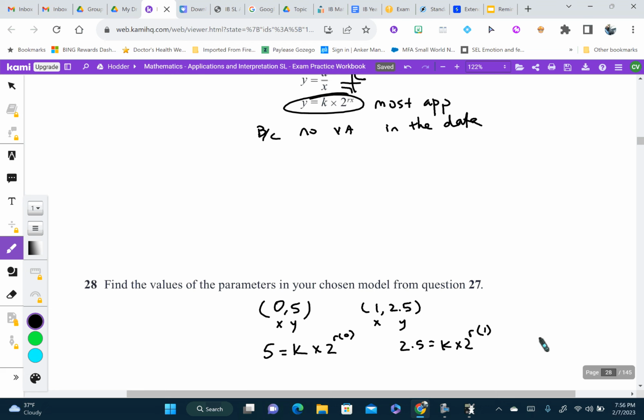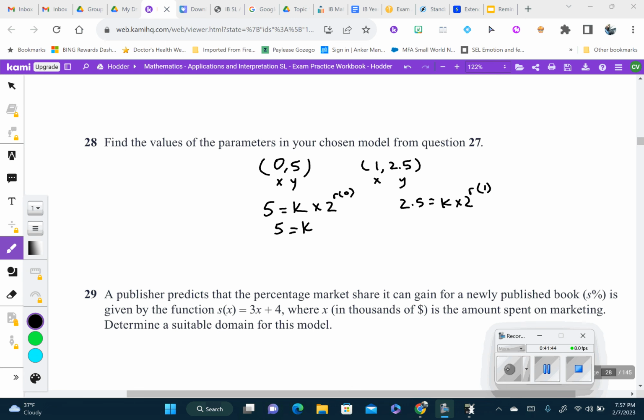Any number times 0 is just 0. 2 to the 0 power is 1, right? 2 to the 0 power, you can use your calculator. So this whole thing is going to equal 1. So I have 1 times k, which is k, equals 5. So I just figured out what my k is. Now that I figured out my k, I can take this 5 and plug it in here. So I have 2.5 is equal to, my k is 5, times 2 to the r,